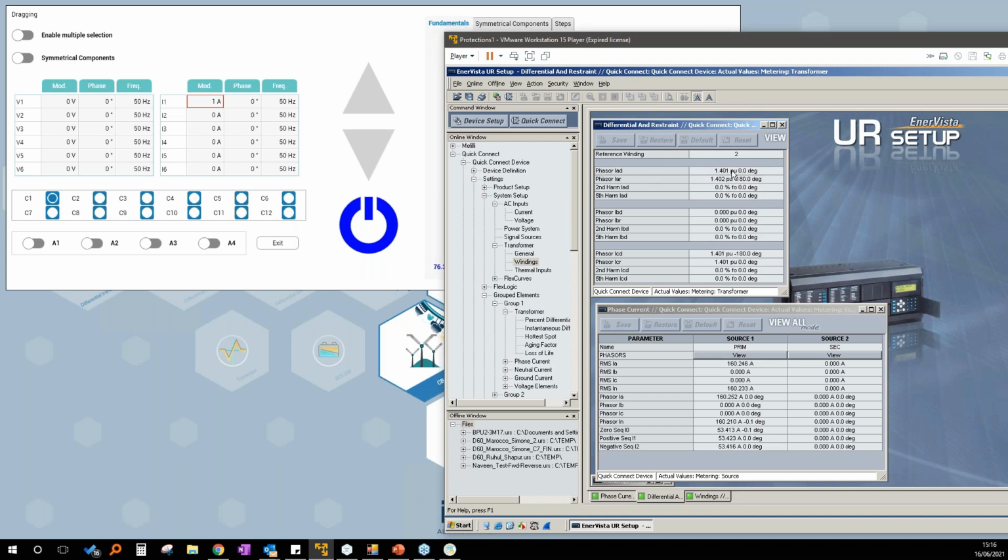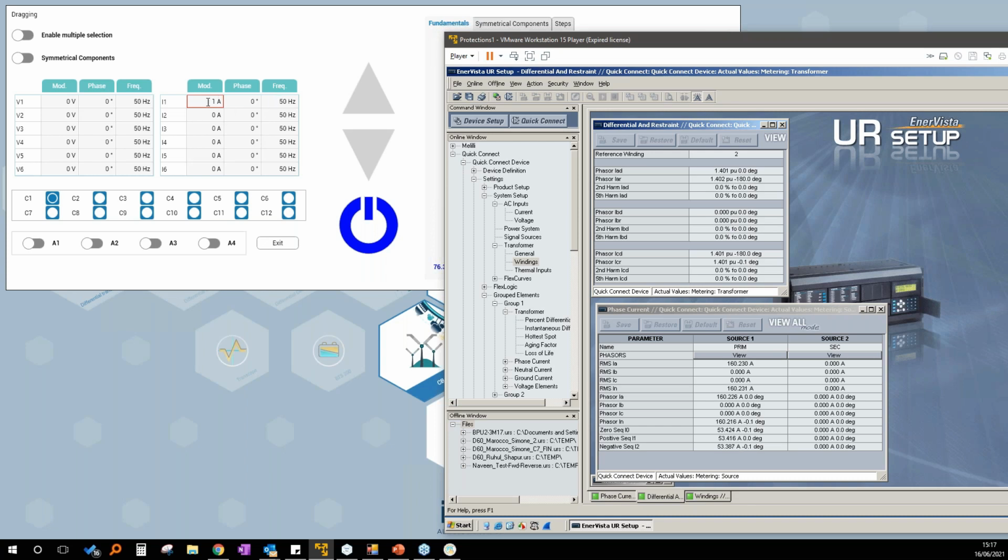You can see phase A has a value and phase C has the same value but with opposite direction. Phase B is 0. This is the same example that we discussed before with the mathematical calculation.